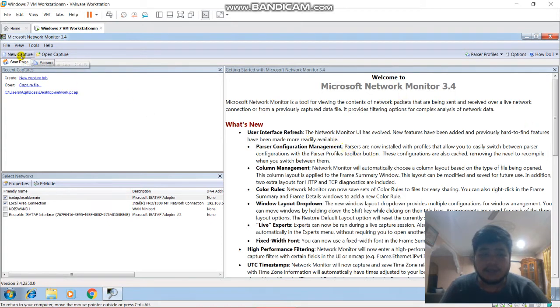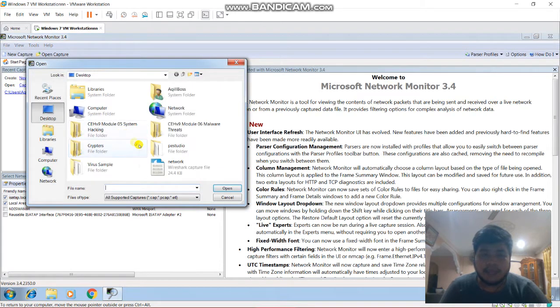If you can see here, they have a new capture and open capture, where you select the network that you want. This is the information about Microsoft Network Monitor. Firstly, we need to click File, then Open, and then Capture, and we need to select the target file.